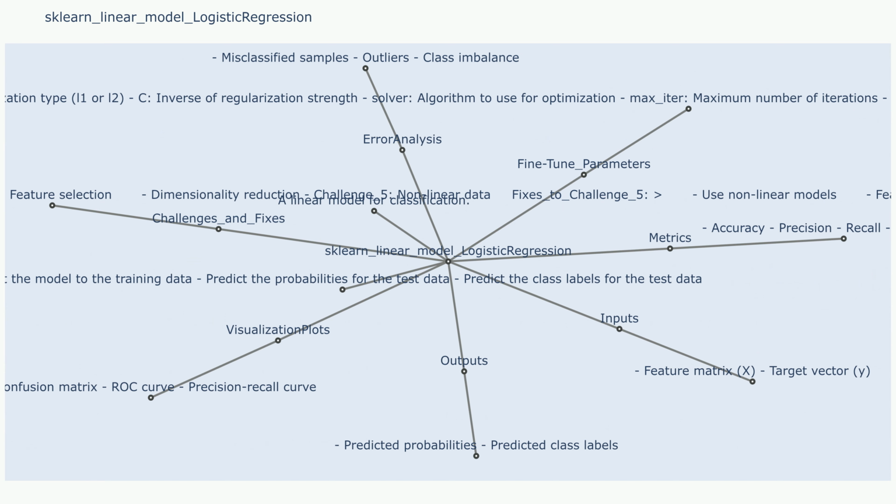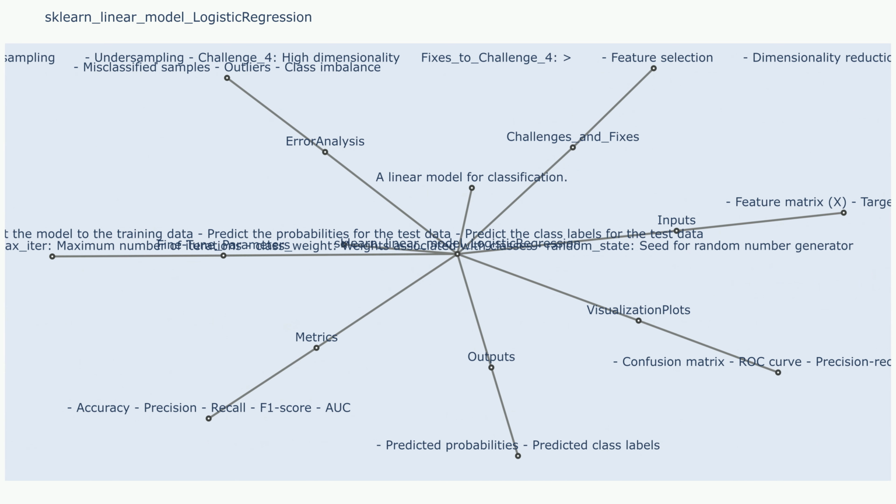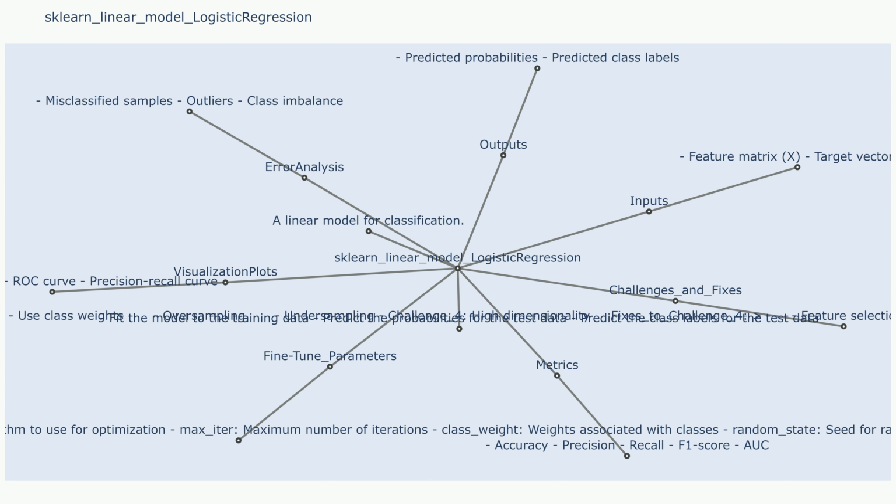Max_iter: the maximum number of iterations for the solver to run. Tol: the tolerance for the optimization algorithm to stop. Uncertainty methods. Confidence intervals can be calculated for the predicted probabilities using techniques like bootstrapping or Bayesian inference. Prediction intervals can be constructed to provide a range of possible outcomes for predictions. Challenges and fixes. Challenge 1: overfitting. The model may perform well on the training data but poorly on unseen